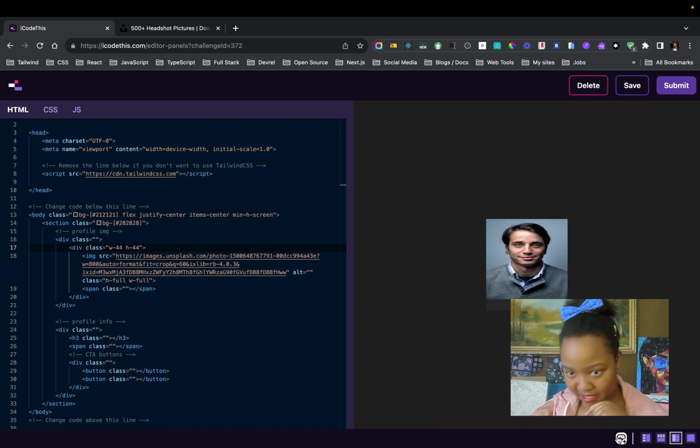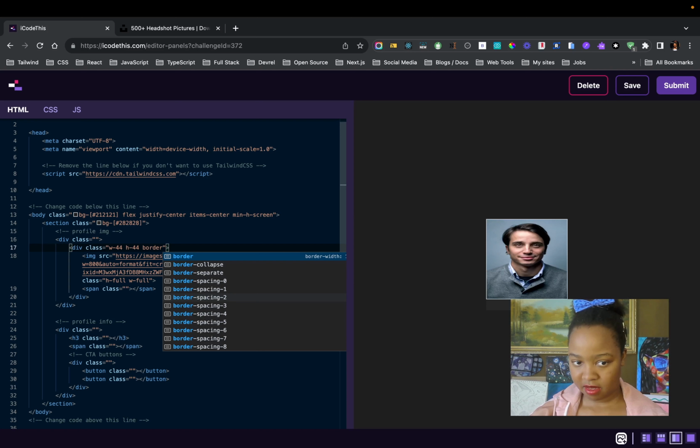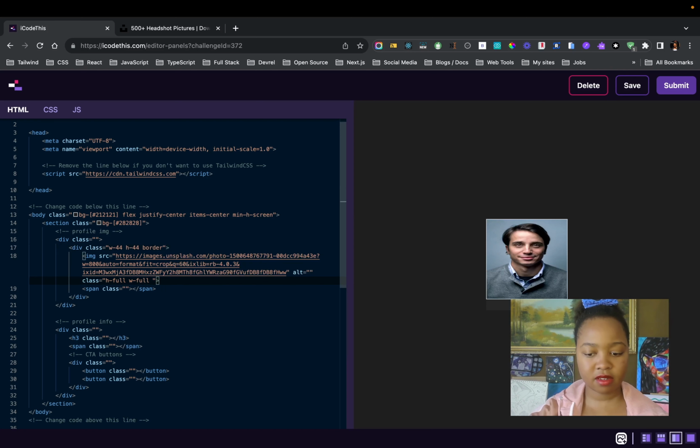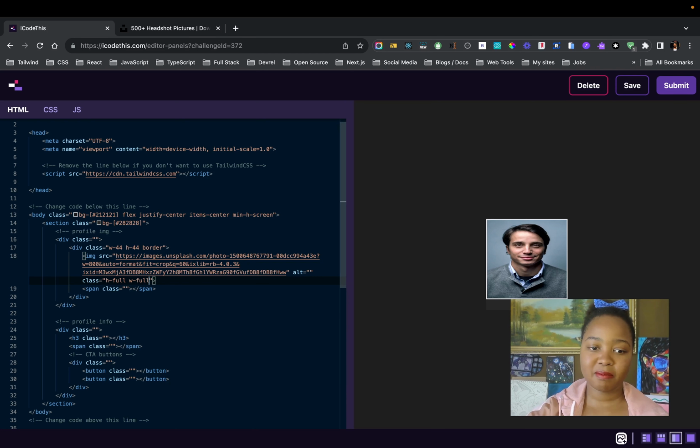Does that look good? I think so. Let me just add a border. Oops. A border so that we can see. Okay, and then a border here, because I feel like something is not. What is this black? Oh, okay. I see what that black is. I'm just like, why is there a black thingy here? That is our section tag, so we didn't give our section tag a width yet, so that's why it looks like that. Okay, so obviously these widths are too big compared to our preview,